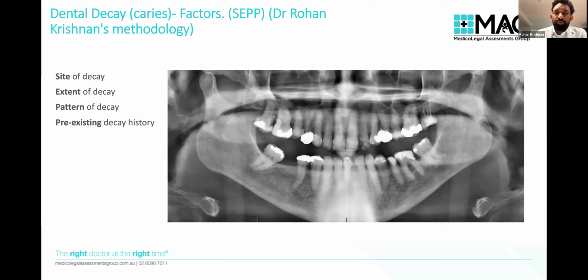So they're all really important factors, and each case is a case-by-case situation that we look at, looking at the patient's medical history, their social history. What are their habits? Are they a smoker? Are they a betel nut chewer? Are they a routine sugary drinking snacker that is prone to carious disease or dental decay and breakdown? Or do they have none of those risk factors at all? And all of this has happened immediately after or following a particular injury. Those are the things that we look for when we're forming our opinion and determining causation.